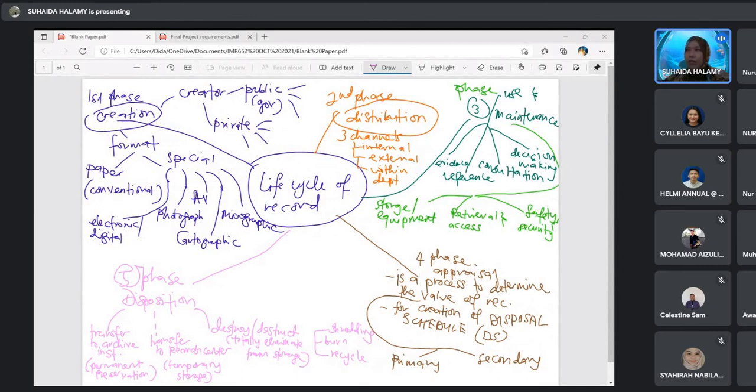You kena minta permission from Jabatan Alam Sekitar. You kena go to the archives. You kena tanya permission untuk company yang you nak buat tempat pembakaran tu, incinerator dia. So banyak. Sebab some organisation dia tak ada the device, the equipment untuk buat destruction. So that's why they have to outsource. Okay, good question Syahira.